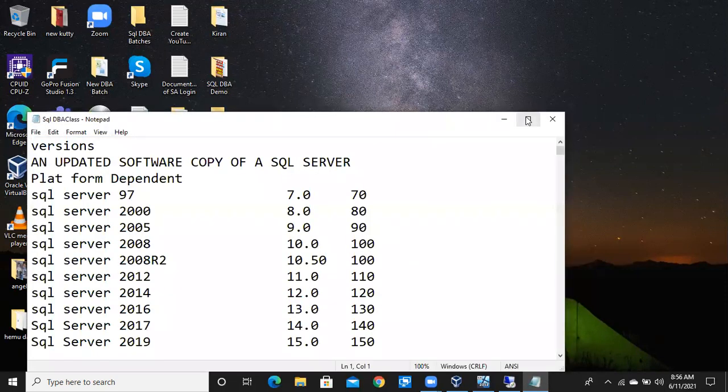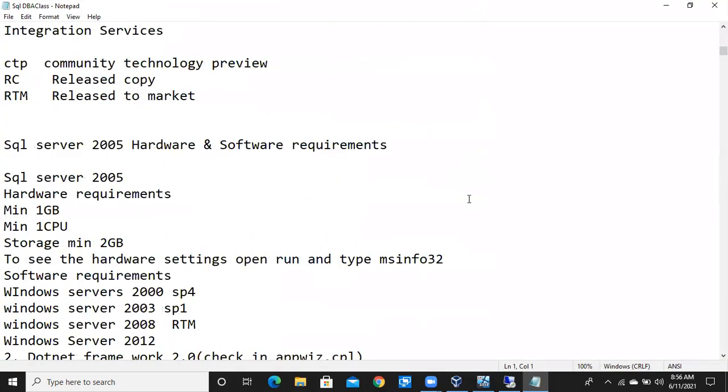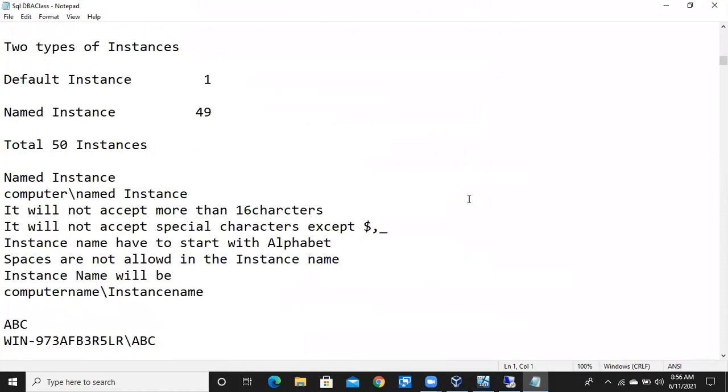So in the last class we have discussed how to create a database, how to write small queries, how to execute a query, where we can execute the queries, how to change the database name using a query, and how to insert the values in the tables. So we have discussed all these things. These development things are enough for us. Why? Because in the organization, we are not going to create any tables or insert the values in the tables. That is the developer's work. The developer is going to do all these things.